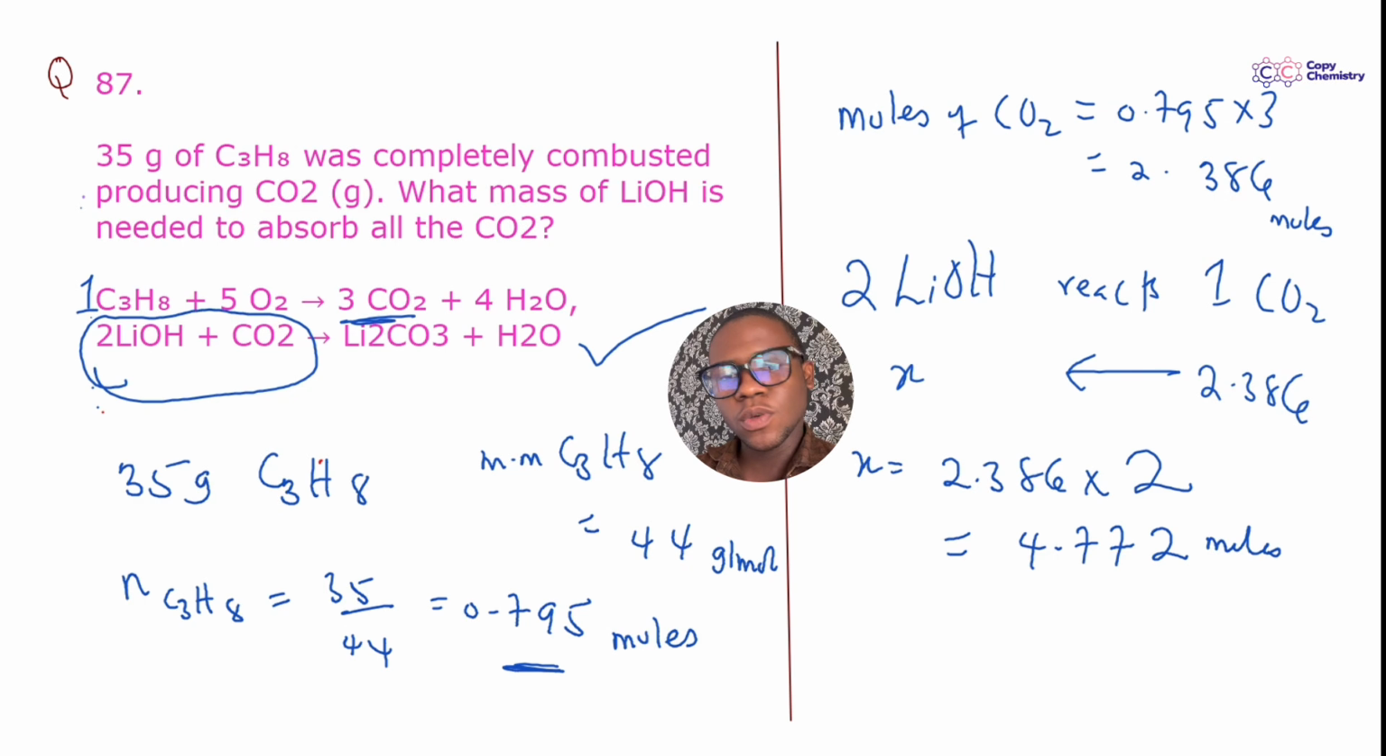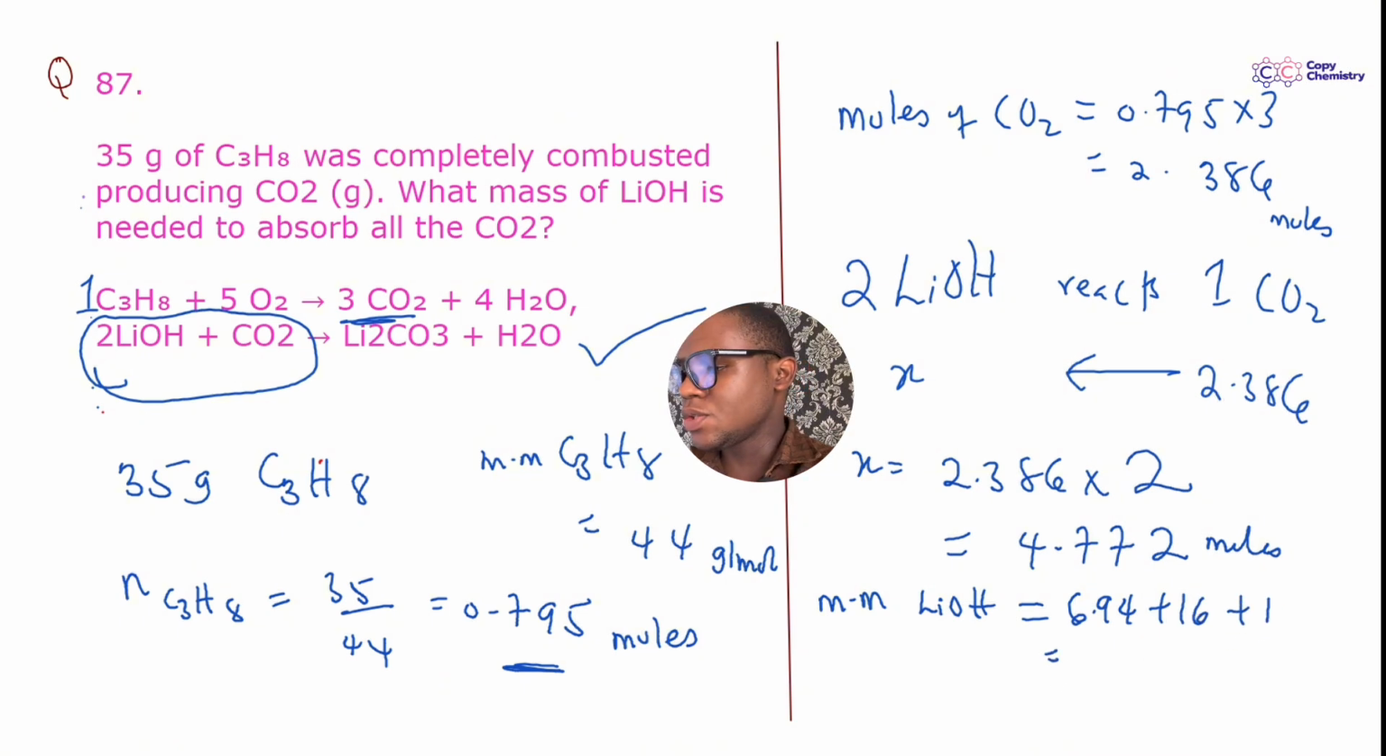We're asked what mass of lithium hydroxide. We know the moles. We'll just multiply it by the molar mass, right? Okay. So the molar mass of lithium hydroxide, LiOH, is, well, what is lithium? 6.94 plus oxygen is 16 and hydrogen is 1. So when you do all that, you should have 23.94